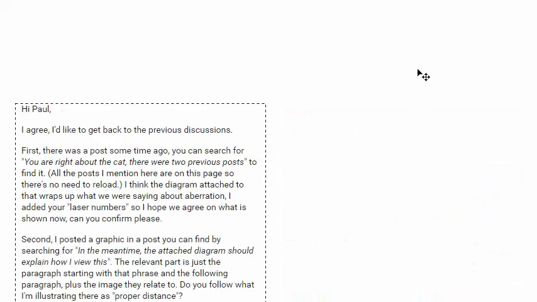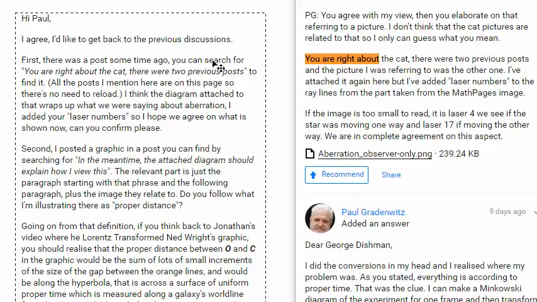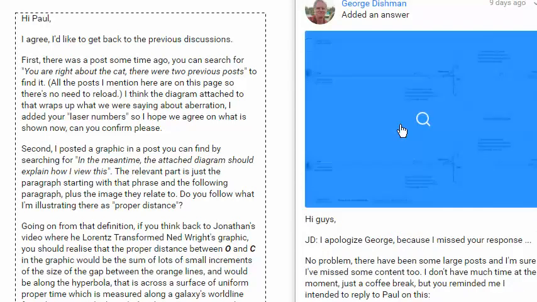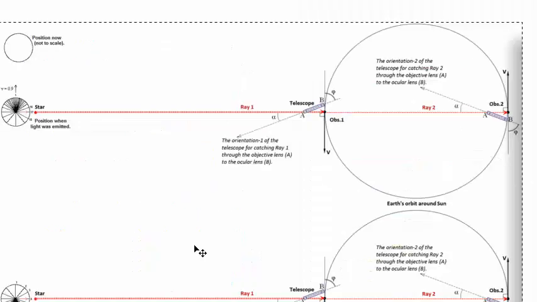Alright, this is from George Dishman. There was a post some time ago you can search for. Were right about the cat. There were two previous posts. All the posts. I think the diagram attached to that wraps up what we were saying about aberration. I added your laser numbers, so I hope we agree on what is shown. Can you confirm, please? So this is a discussion I hadn't gotten in on earlier, but